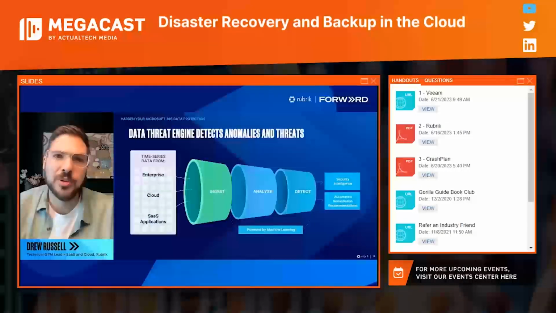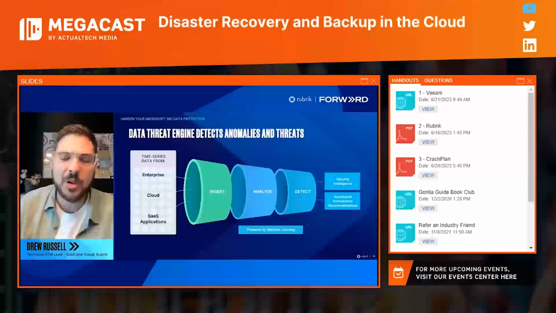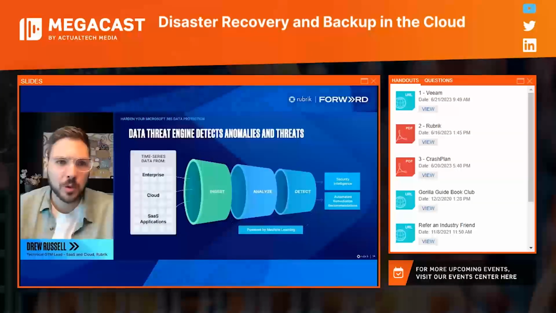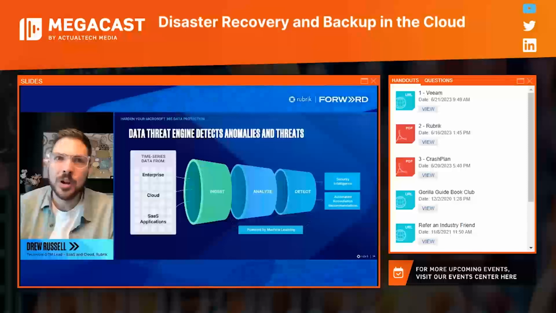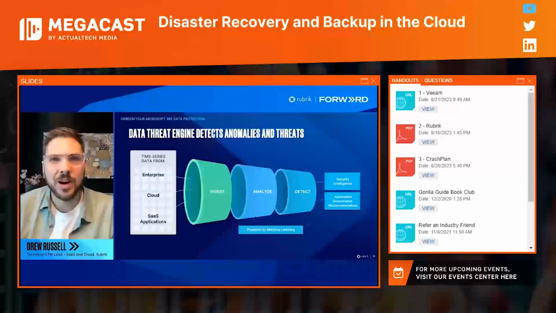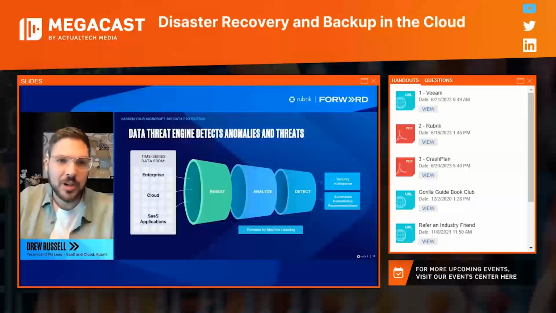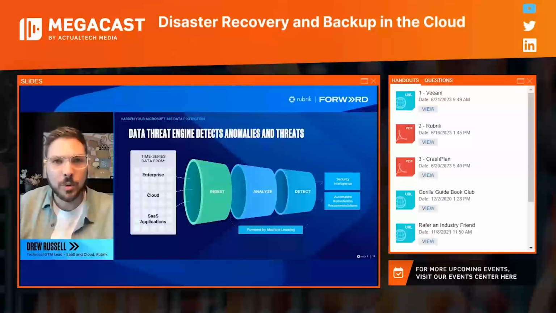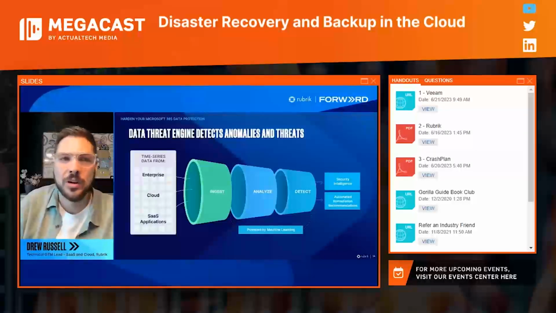This is something that you may be familiar with in more of the on-prem world, but we've extended this to support SaaS products like 365, where the input is your time series data that we can then ingest in the Rubrik platform and take advantage of a machine learning pipeline that provides additional information. What sensitive information was compromised?